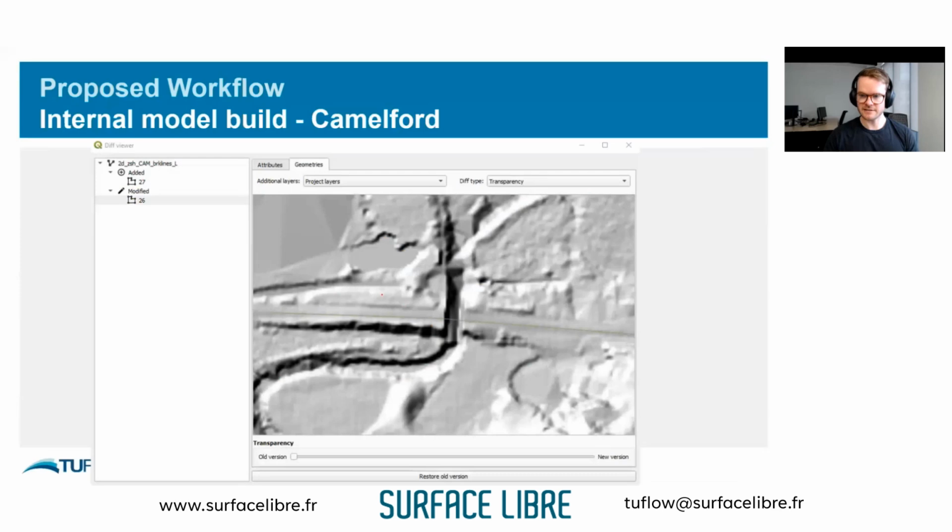But essentially, there's my line, and you can see in this video, there's an old version, and as I slide towards the new version, you'll see it shows me what's changed. So in the new version, there's a gap there, and in the old version, it's a solid line. So a very nice little GUI element to the Kart plugin, which I really enjoy. That shows you the changes.